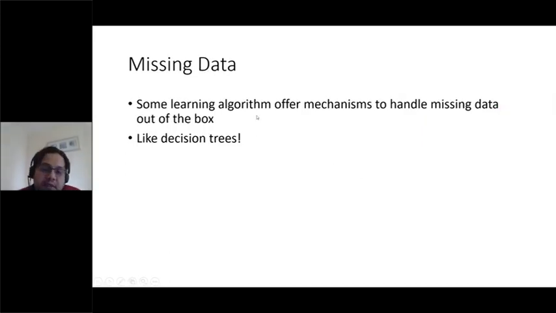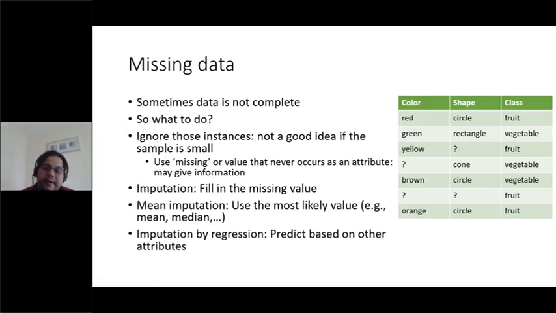And there is also another way. Some learning algorithms offer mechanisms to handle missing data out of the box, like the decision trees. Decision trees can treat something that is missing automatically, as when we said we keep the interrogation mark as a separate value, an extra value. Decision trees can do that, but when it has an unknown value, it can also go in both directions. When we have, for example, a decision tree like this,